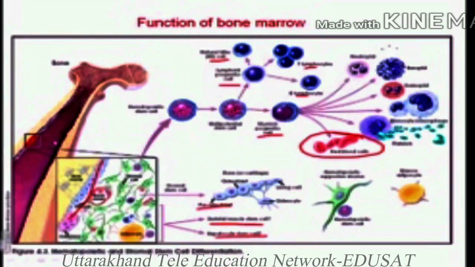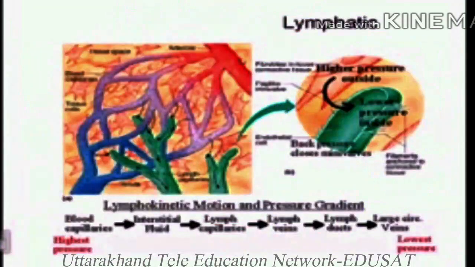Now let us talk a little bit about the lymphatic system. The lymphatic system is a totally different system with respect to the blood circulatory system. You must know this concept that this is not the blood circulatory system. In the lymphatic system, blood is not circulating, but the lymph. Lymph is a different thing. It is not blood. Red blood cells are excluded.